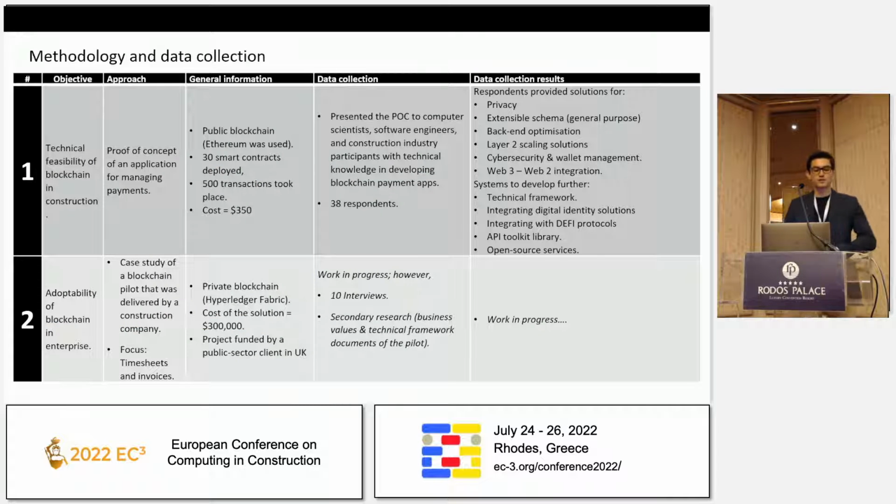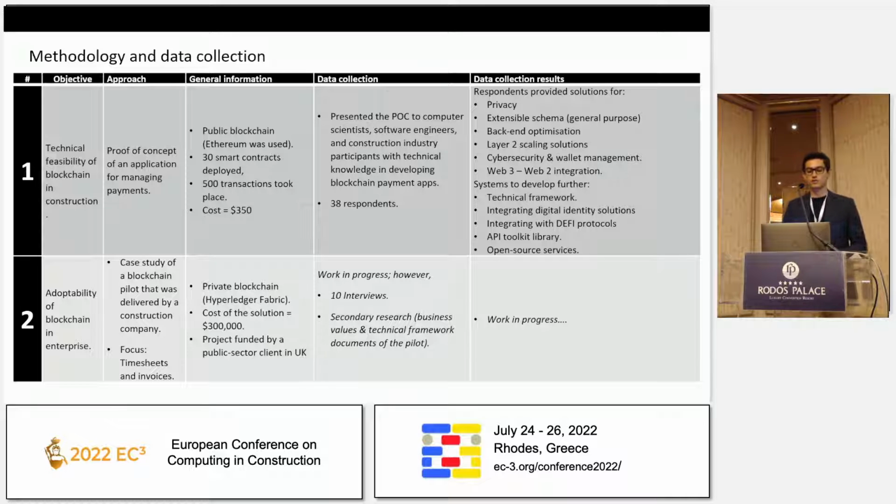So my method is, I've got 2 methods. The first one, the objective of that is a technical feasibility of a blockchain application in construction. I created a proof of concept. General information about that is I used a public blockchain, deployed 30 smart contracts, conducted 500 transactions, and all of